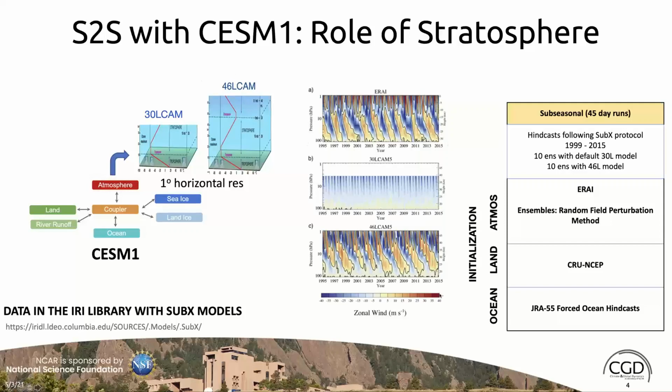So in climate mode on the right here, I'm showing what the tropical winds look like in those models, and the top panel's observations, obviously showing the tropical QBO. And the default model does not have a QBO, does not have any non-orographic waves. So you have persistent easterlies, and this higher top version of the model reproduces the QBO, not perfectly, but it's much better than what the default model does.